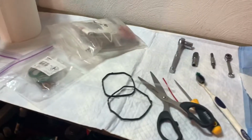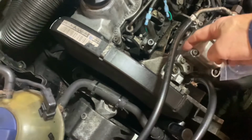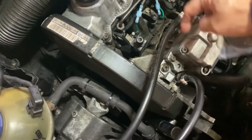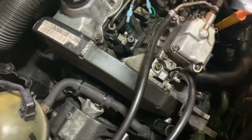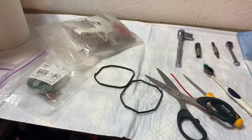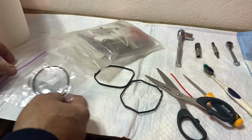So, of course, it's time to do quantity adjuster. Here's its cap, and here's its body. There's a seal on the top for the cap, and there's a seal between the quantity adjuster and the pump body. Those are these two seals here. I think I'm almost ready to replace them. Let me just keep everything extremely organized here,